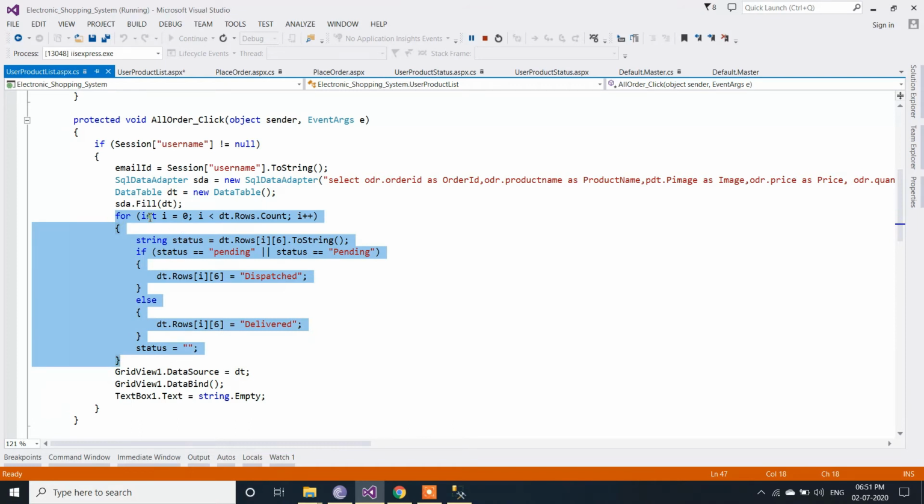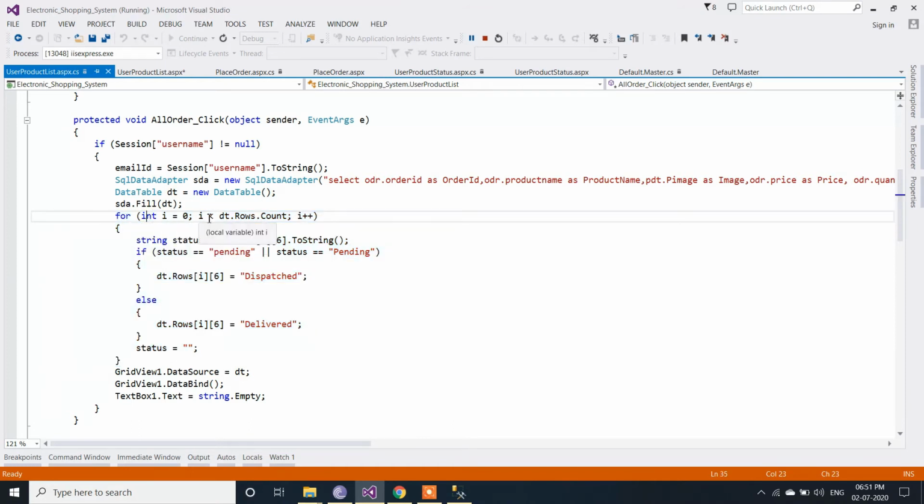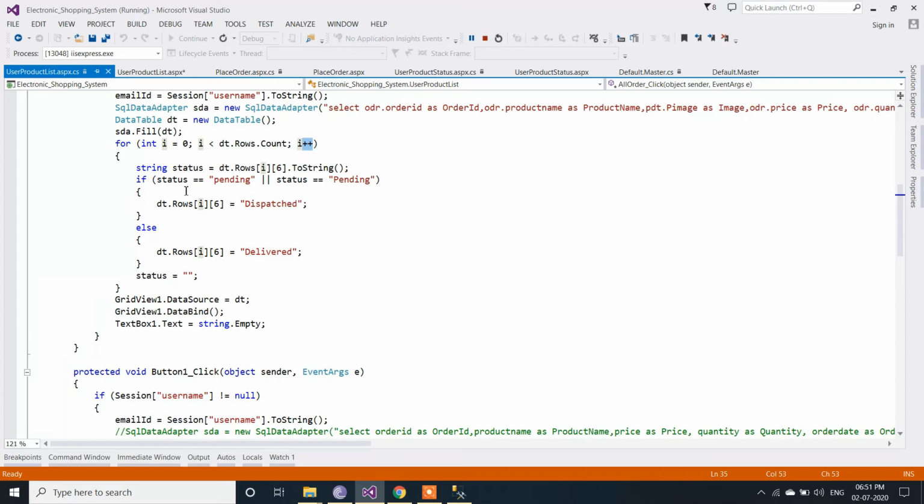Here I have taken int i = 0, i less than dt.Rows.Count. dt.Rows.Count means the number of records present in the data table. Suppose 2 records are present, then the count should be 2. And I increment, that is i++.